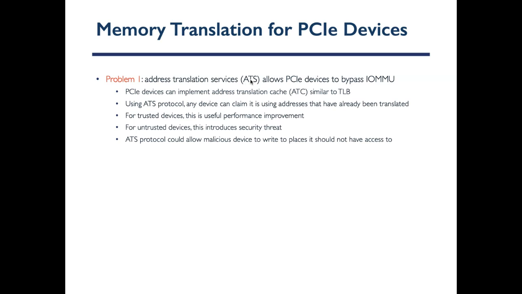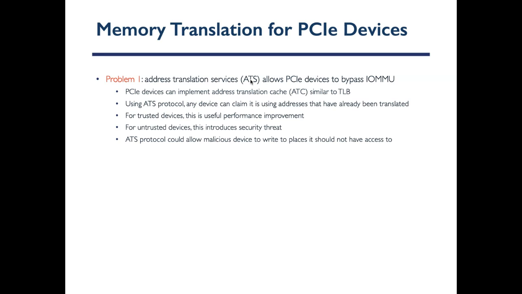Each I/O device could have its own TLB, so they could have their own caches to translate addresses and then cache them. And then whenever they send a packet with an address, they set a flag saying, oh, I have already translated this and I know the physical address. I don't need to go through IOMMU anymore because I have the address. So let me just talk to the memory directly. And the protocol allows this,